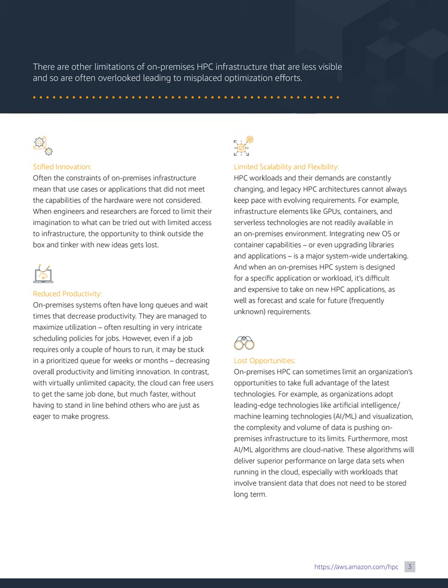In contrast, with virtually unlimited capacity, the cloud can free users to get the same job done, but much faster, without having to stand in line behind others who are just as eager to make progress. Limited scalability and flexibility. HPC workloads and their demands are constantly changing, and legacy HPC architectures cannot always keep pace